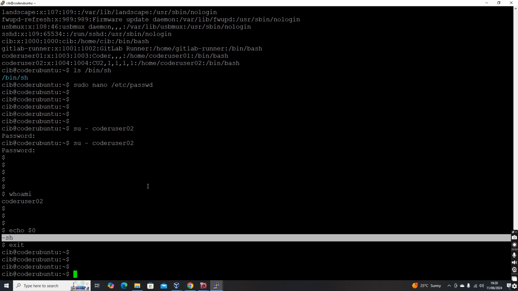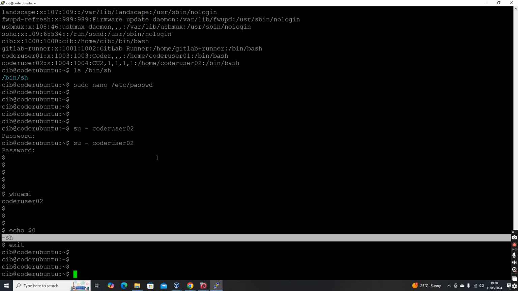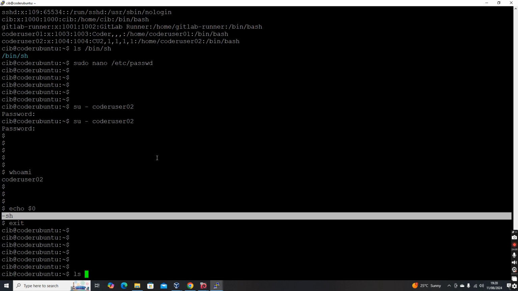So now we understood the different shells available, and how to modify the shell associated with the user. Now let's discuss more about the file system. We were discussing the tree structure, right? So here we have /bin. /bin is a directory. Let's do ls -al. ls is the command to list files and directories, and we discussed the root file system. Root of the file system is /. Let's list everything under root.